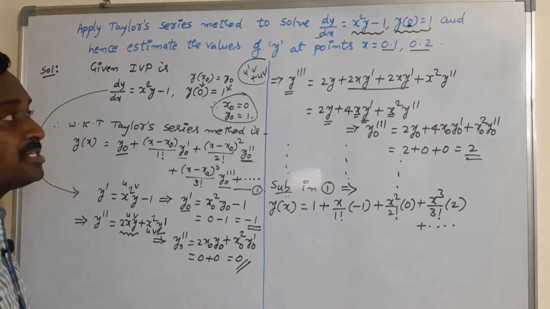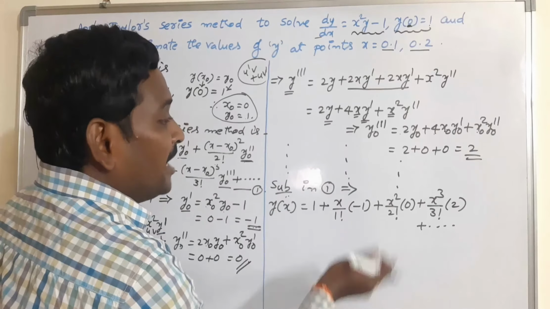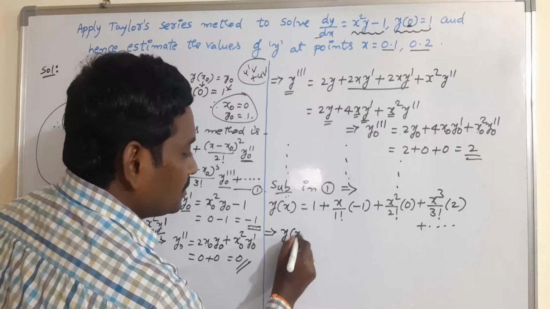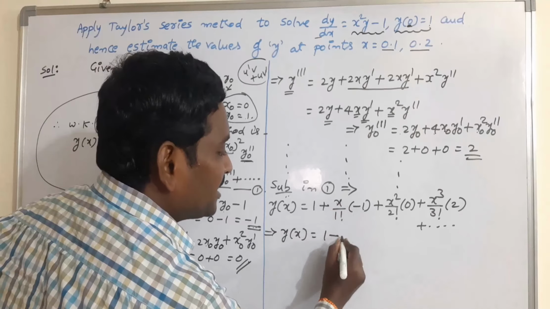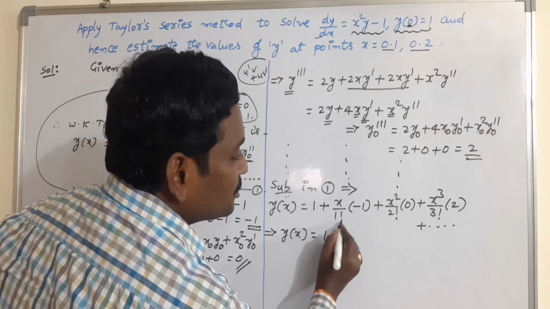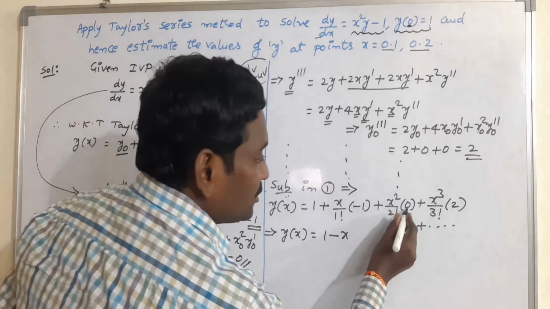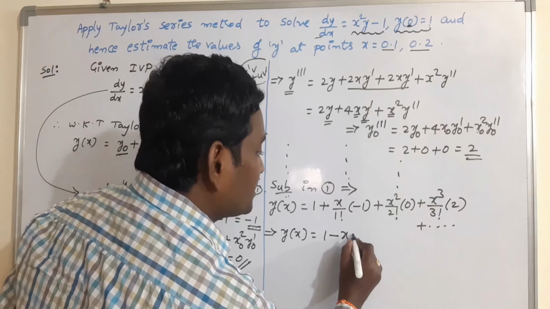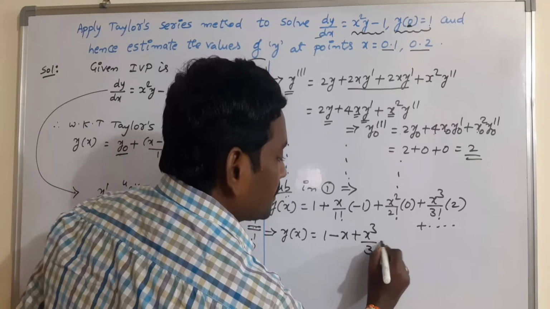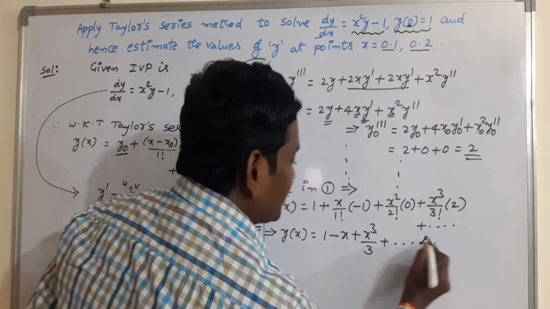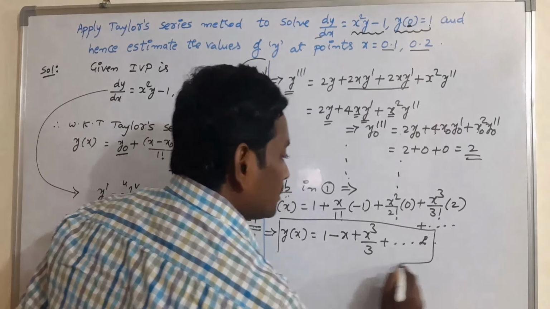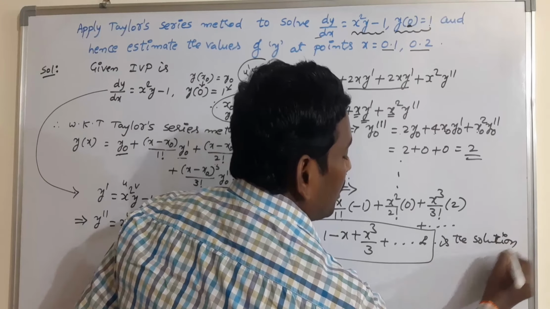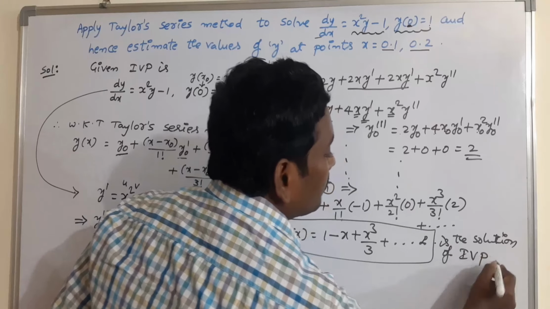Okay. If you have the interest, you can also find out the fourth derivative of y and you will get another term in the expansion. Okay. It is not necessary. So y of x is equal to 1 minus x, times of negative 1 is x. It is not necessary to write 1 factorial, which is 1, in the denominator. 0 into anything is 0 and 3 factorial is 6, but 2 is in the product. 2 over 6 is nothing but 1 by 3. So x cube by 3 plus so on up to infinite. So this is the solution of the given initial value problem.